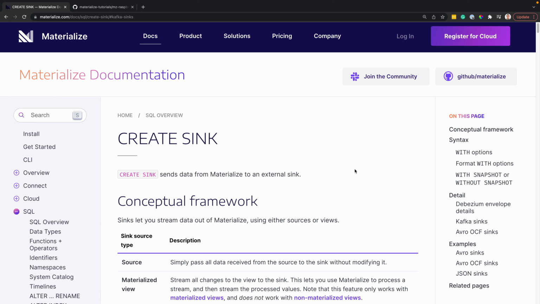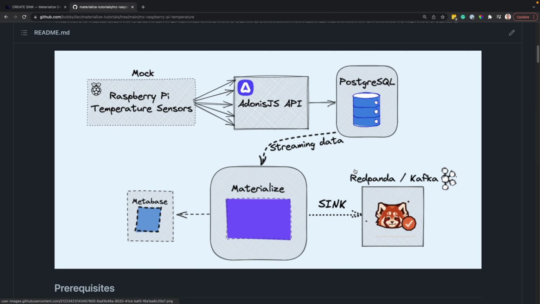Hello everybody. A question that we often get asked is how do you stream data out of Materialize? And this can be achieved by creating a sink. I have this simple demo app here that is simulating data generated by temperature sensors and is storing the data